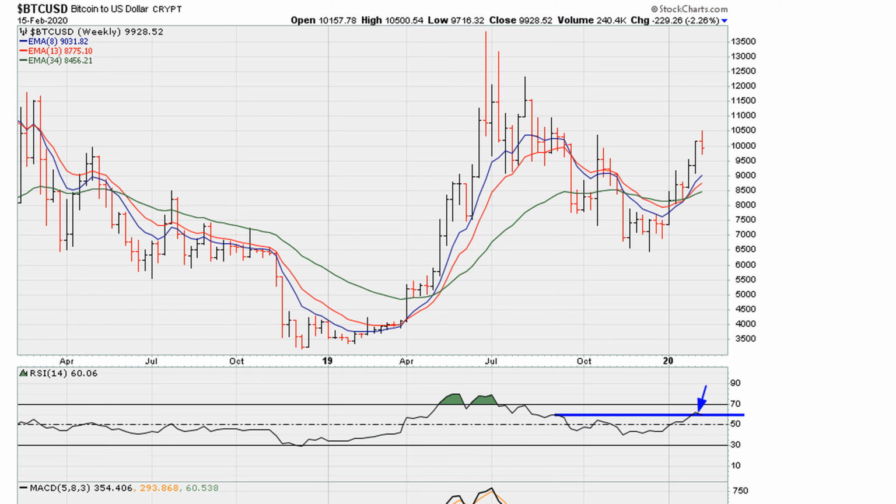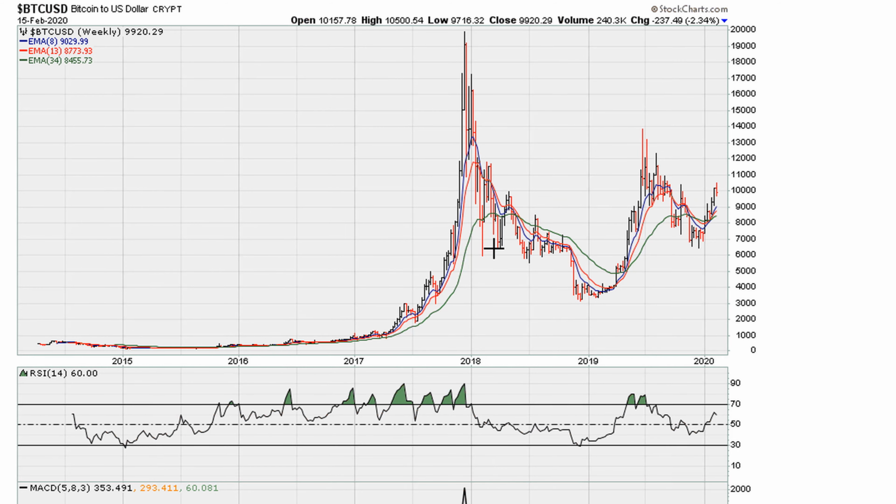Keep in mind also that RSI is around that 61.8 threshold. So this area is meaningful in terms of where the RSI is trading. So the reversal is not a big surprise. Now, let me take a look at a longer view and we're going to see a better point of view.